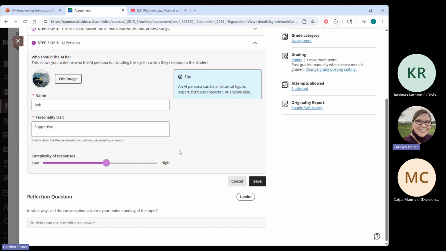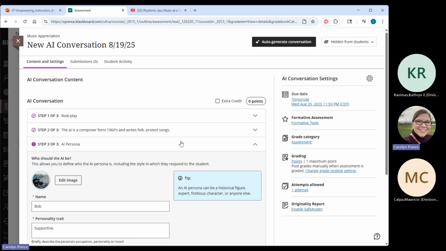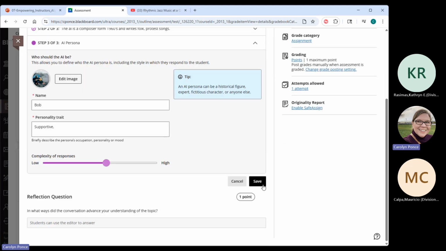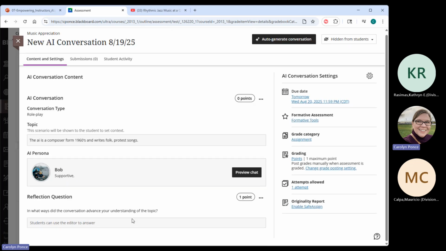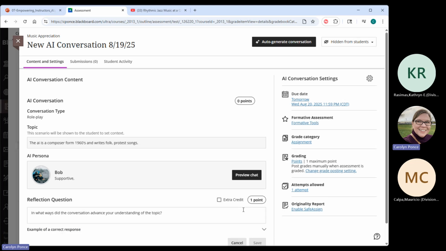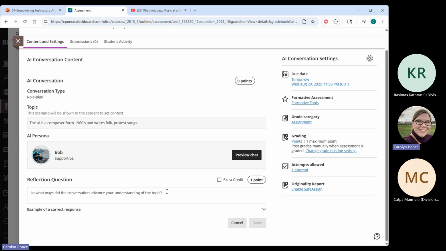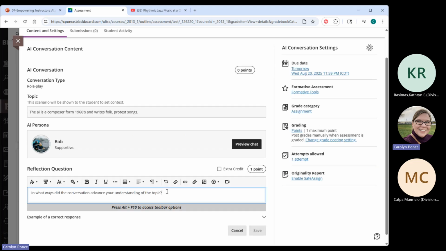Now that's the first part of the conversation. The second part of the conversation is the reflection question at the bottom. This is mostly an open-ended question for your learners. If you needed more information, you would want to follow this up with, say, a test or an assignment or maybe a journal activity for them to give further feedback. This is where you could also say,